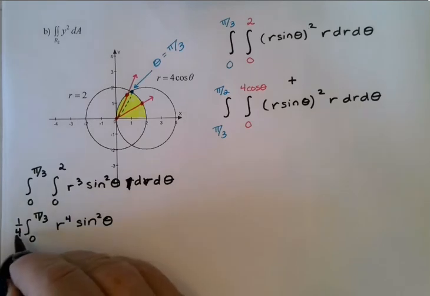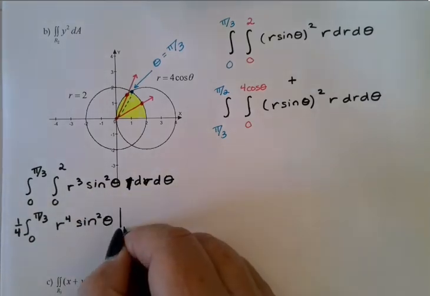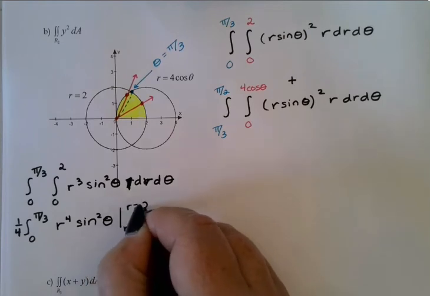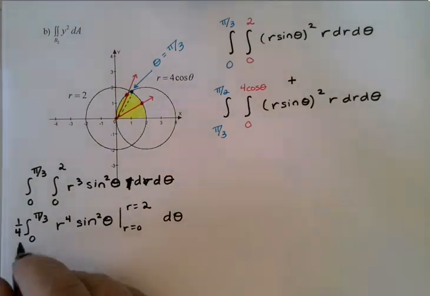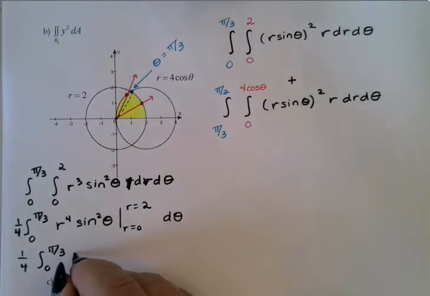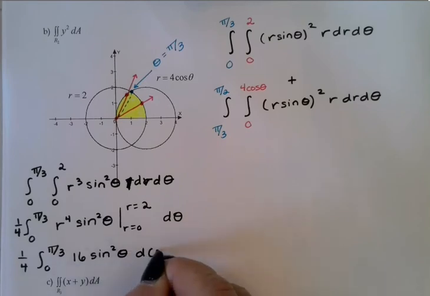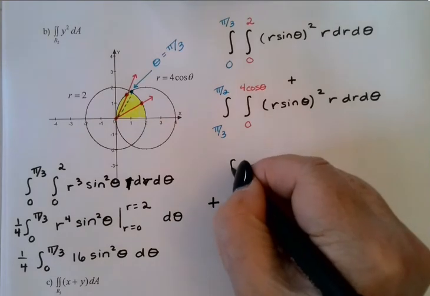So integrating r cubed, 1/4 r to the 4th times sine squared theta from r equals 0 to r equals 2 d theta, which gives me 1/4 times the integral. Plugging in the 2, that will be a 16 sine squared theta d theta. That one's to the point where I can finish that on the calculator. Plus the second one,